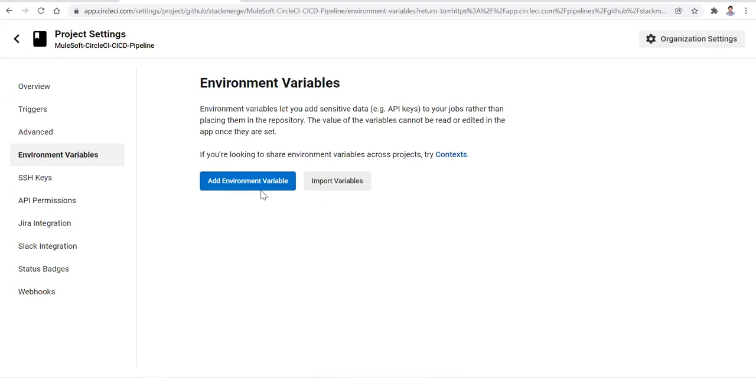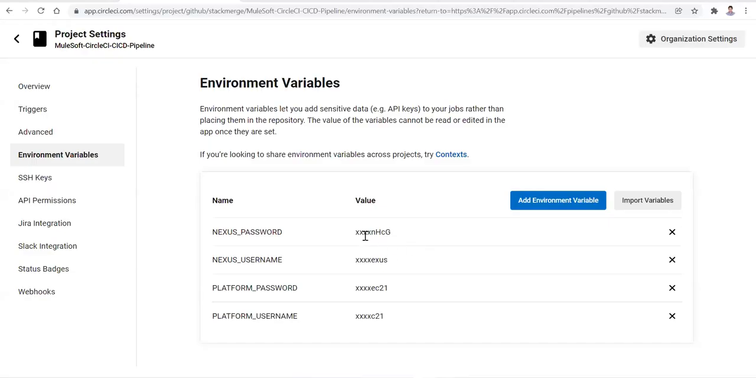I'll take a pause over here because I have some sensitive data. I'll take a pause here, and once the variables are ready, I'll come back. Now you can see, guys, I have created all those 4 variables over here. We'll go back